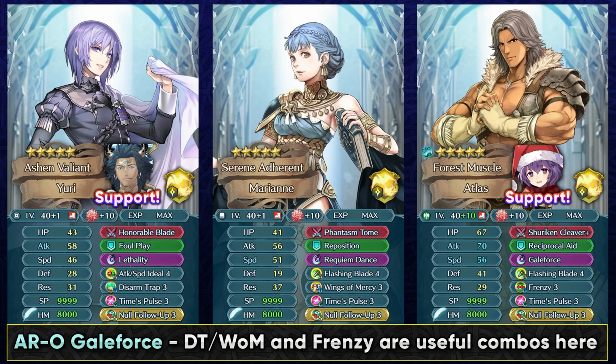And you can also do some interesting initiations with a high attack unit like Atlas. So you can just set up as a Wings of Mercy unit with Winter Bernadetta. And by having your Atlas in the range of Frenzy and Wings of Mercy units, not a lot of initiators can kill Medius, but it does have good synergy with Frenzy, which allows you to pretty much just quad attack most of the opponents. Compared to the Null Follow Up status that you can get externally, which is speed based,